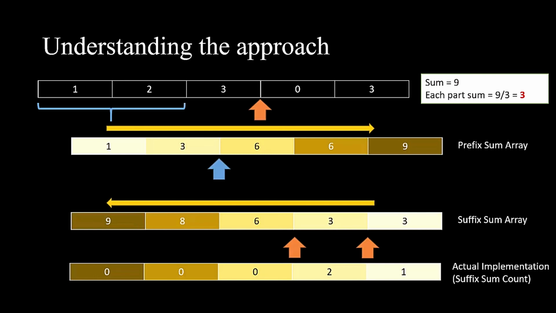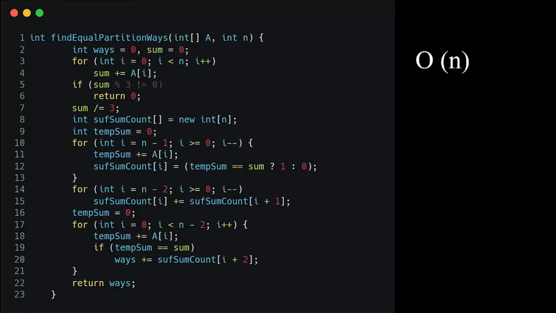So from the end to the beginning, each cell will hold the number of valid second partition bars up to that point. So the answer is this point. At this point, if we look, then I can easily find all the counts. Now if you have understood the solution, then you can easily write the code. It is not a big deal.